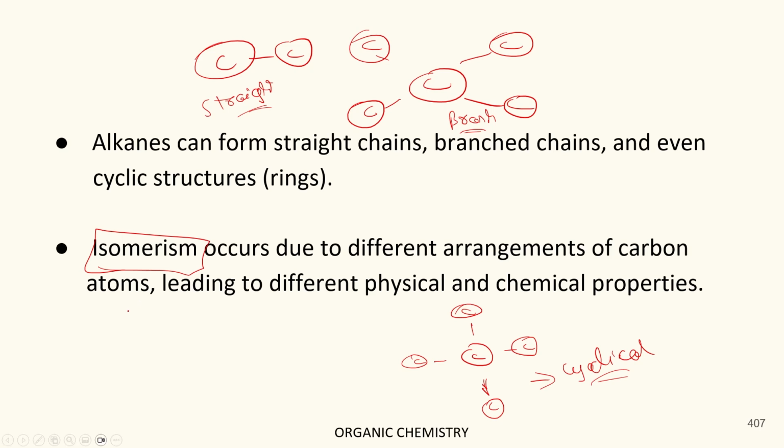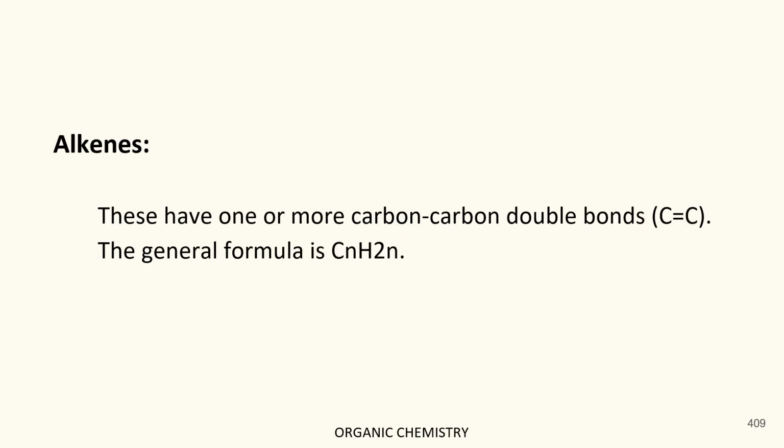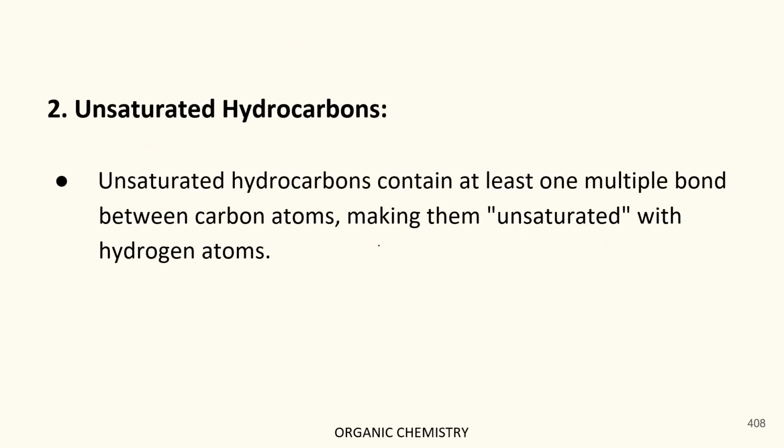Got it? Now, unsaturated hydrocarbons. The unsaturated hydrocarbons contain at least one multiple bond between carbon atoms, making them unsaturated hydrocarbons. What do you mean by it? Let's understand. First one is our alkenes, and alkenes are basically double bond. Here, just read this one. Unsaturated hydrocarbons contain at least one multiple bonding. Multiple bonding here stands for